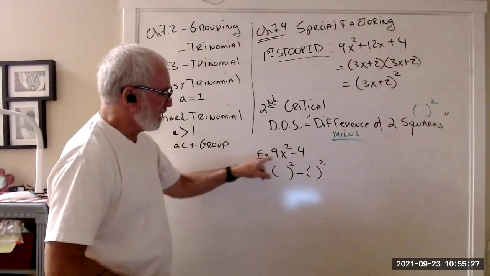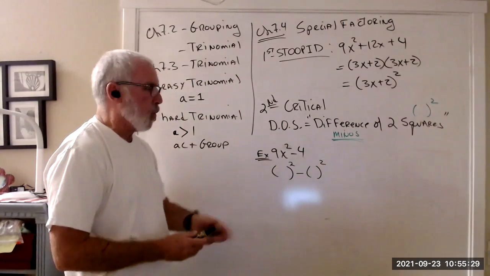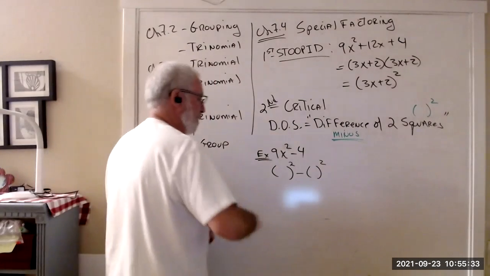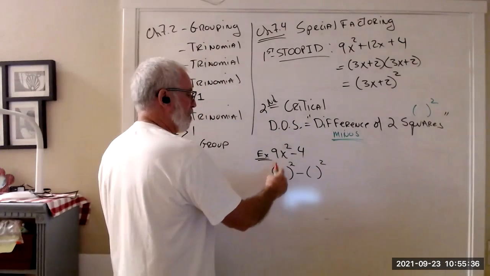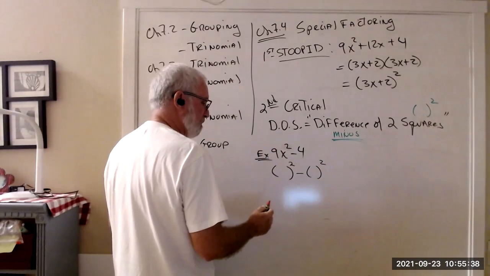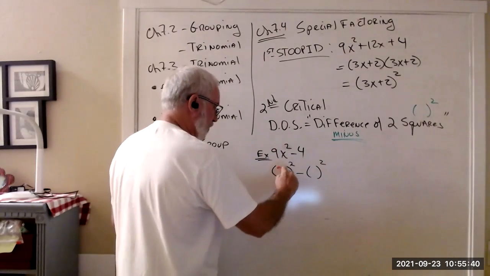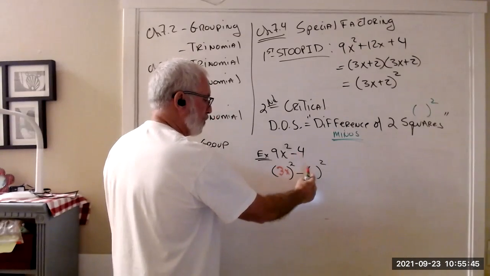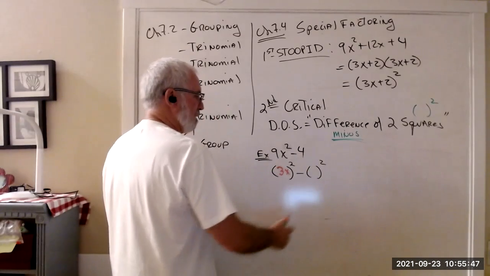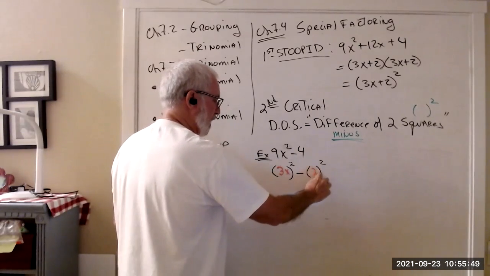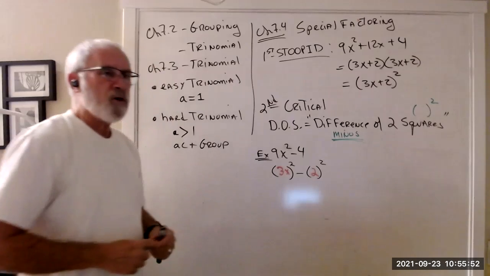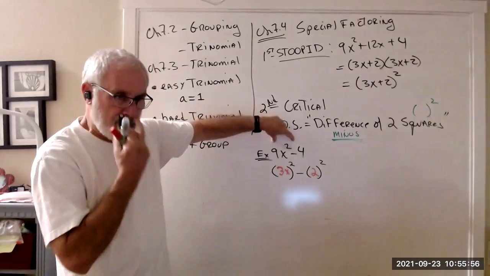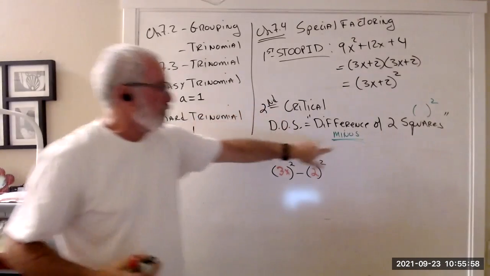So instead of saying 9x squared, what would it be as a quantity? What would you put in there? What would equal? I'm sorry, go ahead. It would be 3x. Yeah, 3x. And instead of 4, what would you put in there? 2. Anybody? 2, okay. So what you've been able to do is write this problem as 2